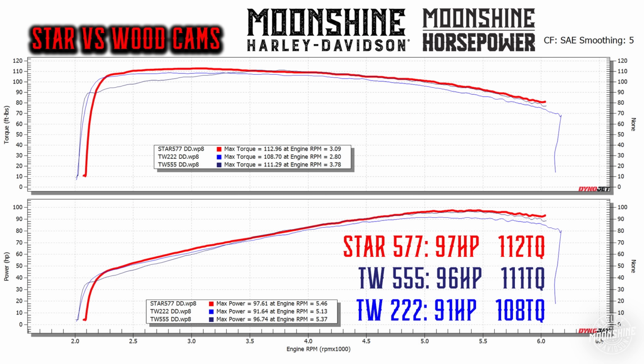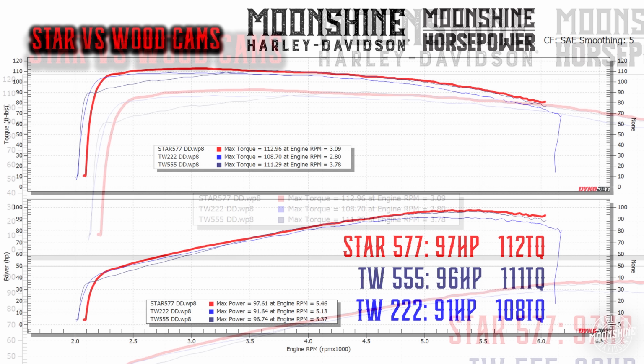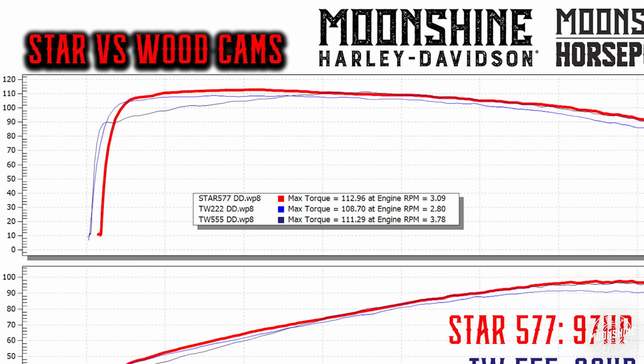So we typically do a lot of Wood cams. We do a TW222, which is a torque cam, which is on this graph in front of me. There's a TW555, which is a good mid to horsepower cam from Wood. So this graph right here, we split them up. On the top of the graph is your torque chart, and it shows you that the